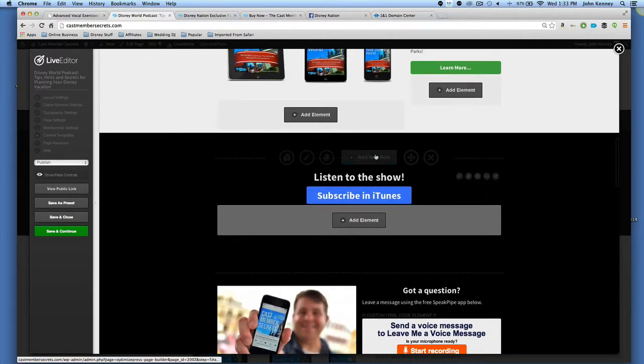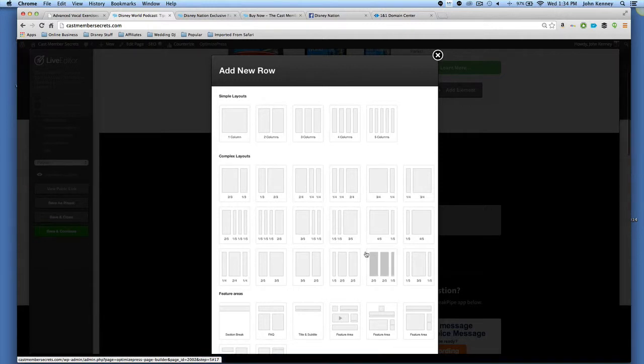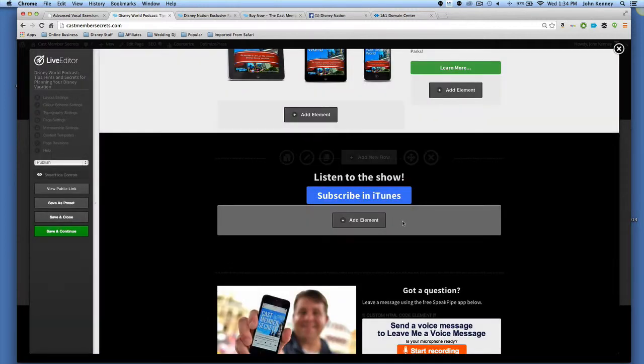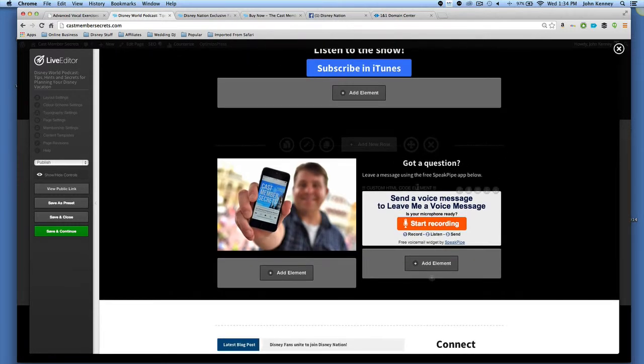So, for example, if I wanted to add a new row, you have all these different layouts that you can choose from. It's amazing. And then you can implement so many different kinds of elements. They even have these wild feature areas here. If you really want to make something just crazy, you can make an entire landing page using this feature area just by adding one row, and then you just plug in which elements you want, as well as you can implement HTML. This is HTML code that I've implemented here to include this SpeakPipe widget,